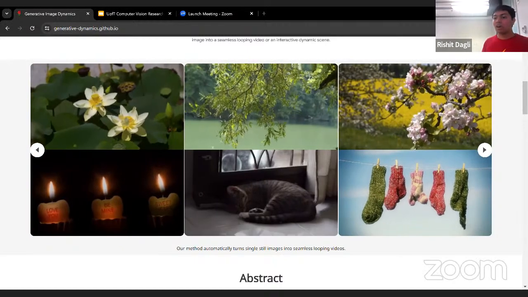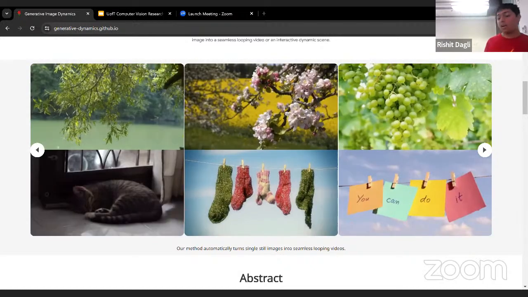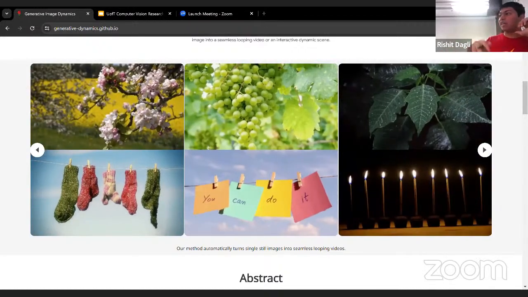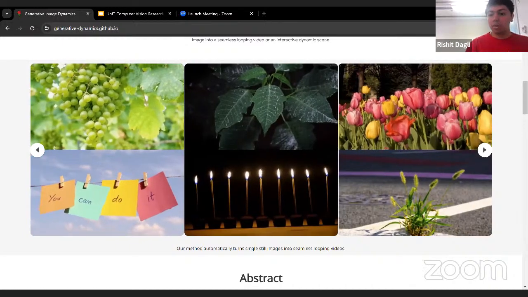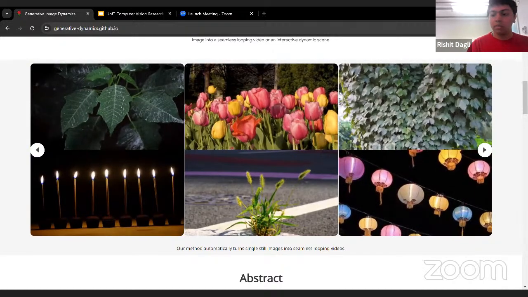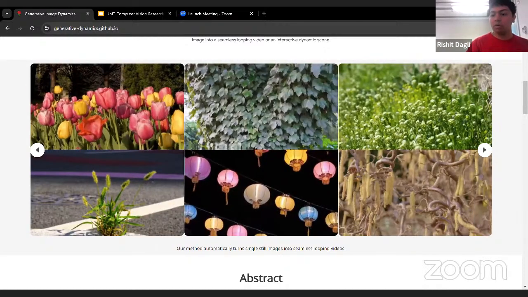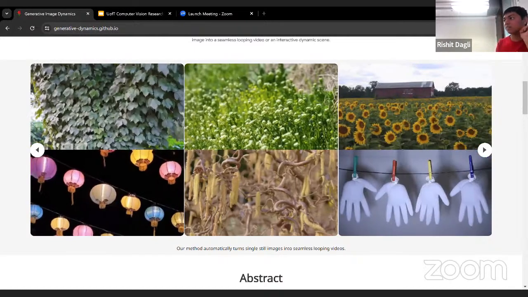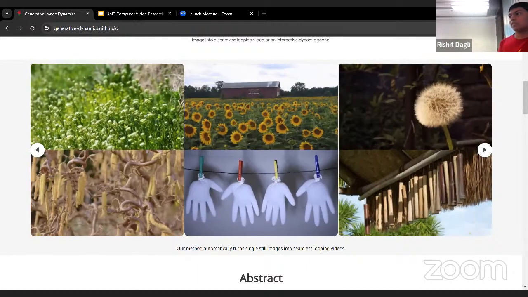Now I know there are two sets of methods that do it in this autoregressive kind of style, where you first take a model and then you predict the motion for the end frame or a middle frame, and then you solve an interpolation problem over here. It's also coding the video.